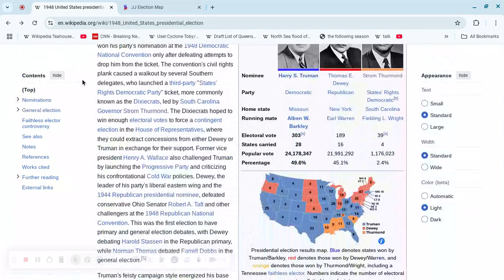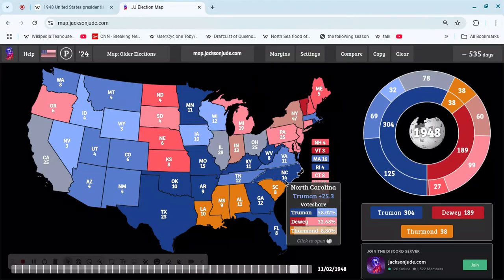This election is very, very different if we have these parties merge. But first of all, and we'll see if this happens after we add in all these states, this election had a big bias for the Republican Party based on the Electoral College. As Truman won by 4.5%, the tipping point state was under 1%.